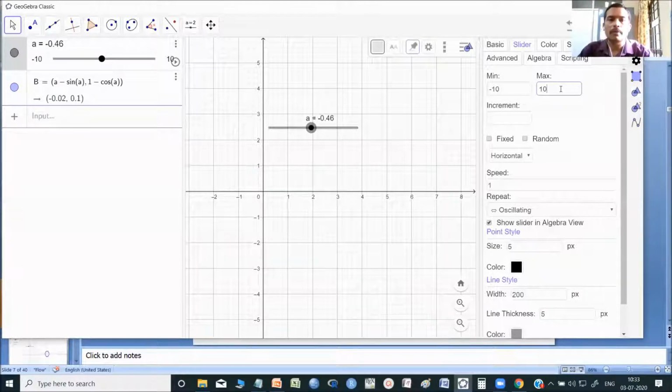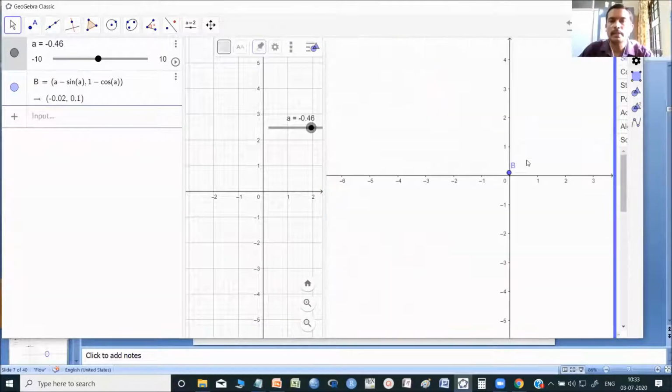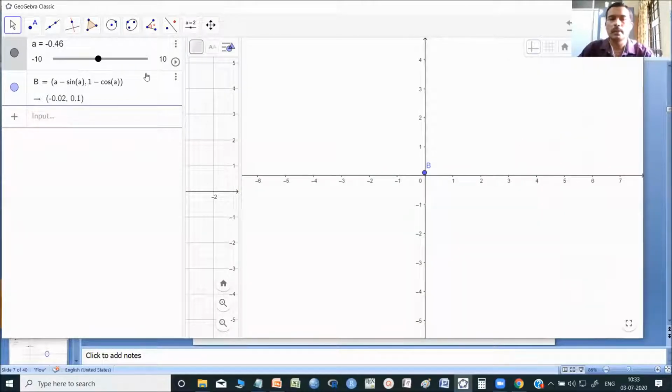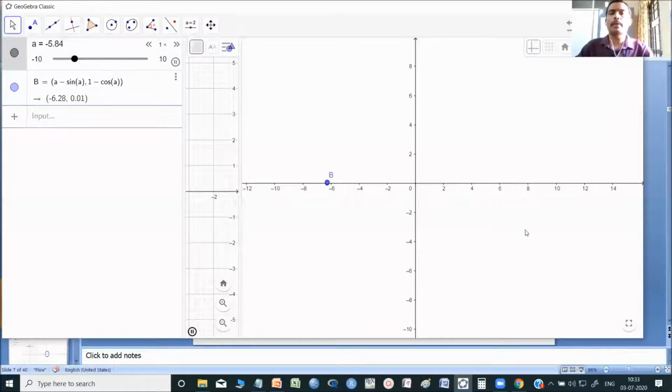Fine. So I will again use the same tracing. So this is my screen. You can see that I have now the parameter changing from -10 to +10. I'm just showing you -10 to +10.